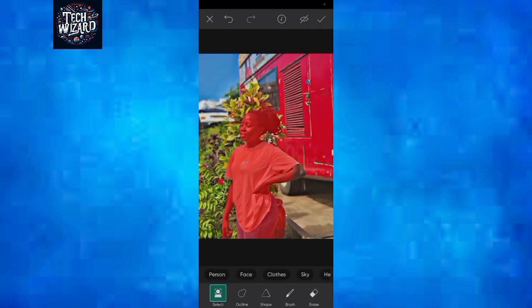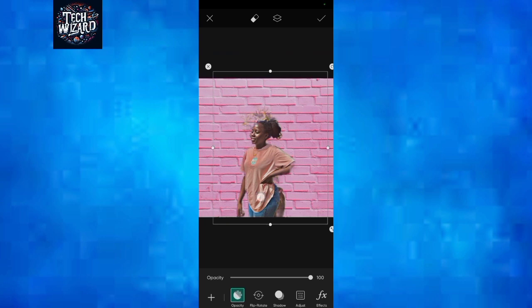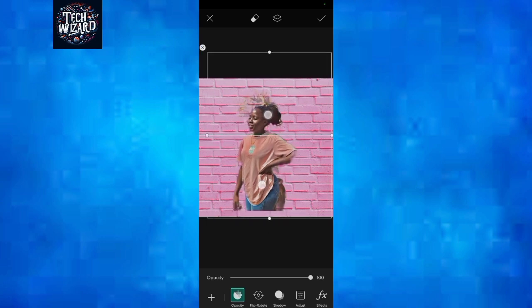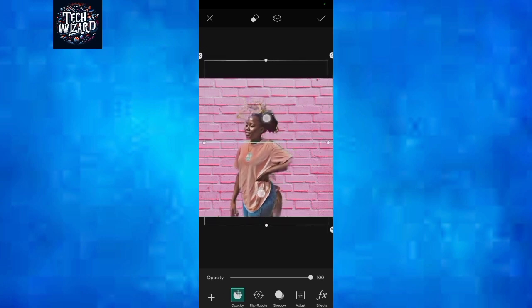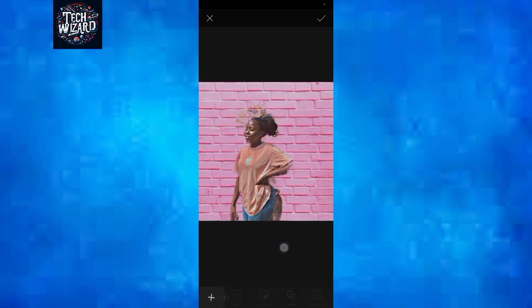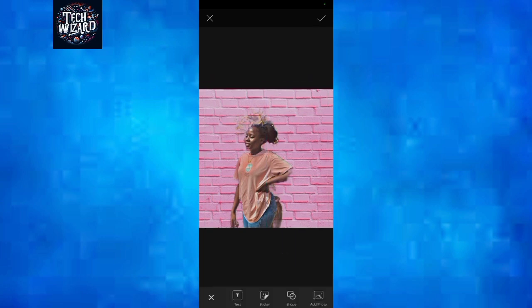Just click on person like that. So after clicking on this person, I just tap on this option which says person. Then after tapping on that option, it will automatically cut out the person, then remove the background. So after doing that, tap on the stick. Then as you can see, this person will be brought here, and you would have utilized the pattern tool in PicsArt. So after doing that, you can come and tap on the stick, then save your video,